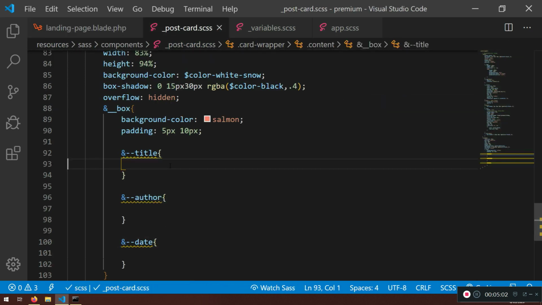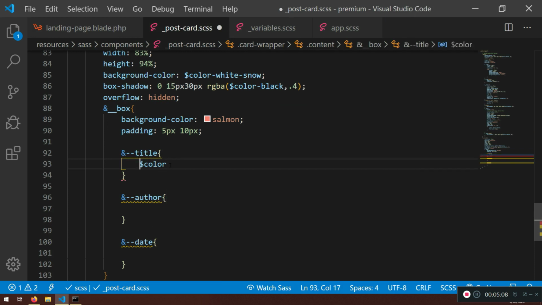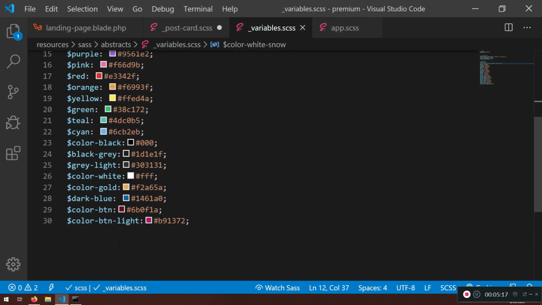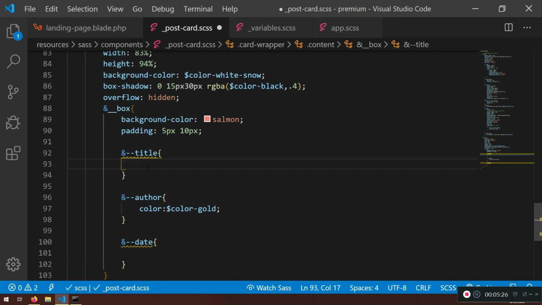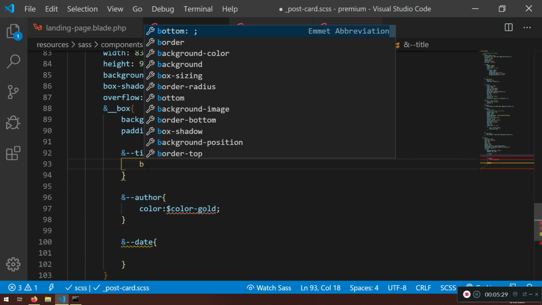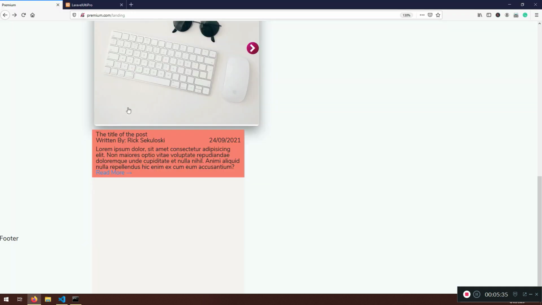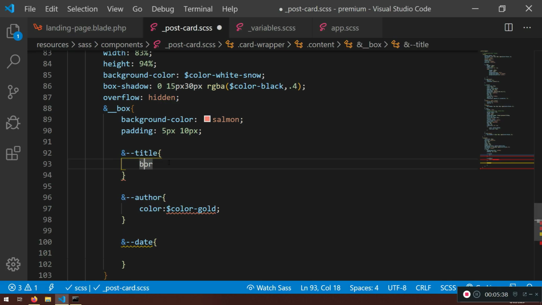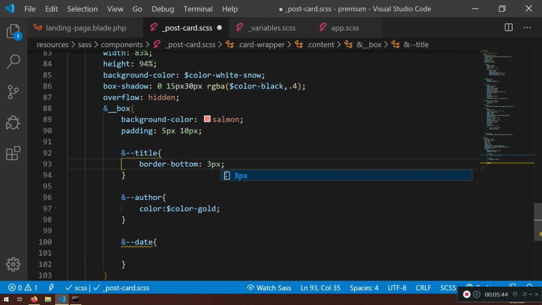Now for the title, I just want to have a color, color gold. I think we do have that variable here. Yep. So color gold for the author. Sorry, that is for the author, not for the title. For the title, I would just like to create a border below, border bottom. So below this title here, I just want to have a blue border. So border bottom, you can actually style only one border and say border bottom solid,